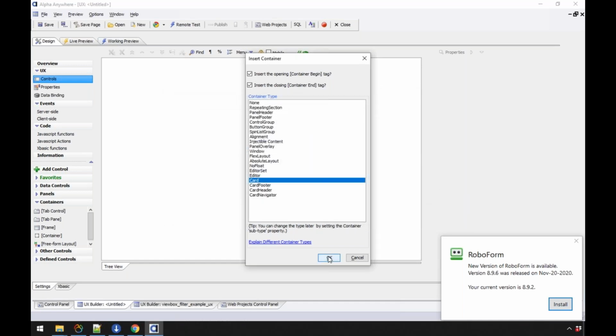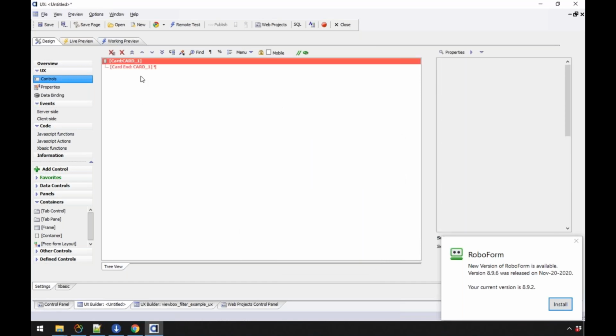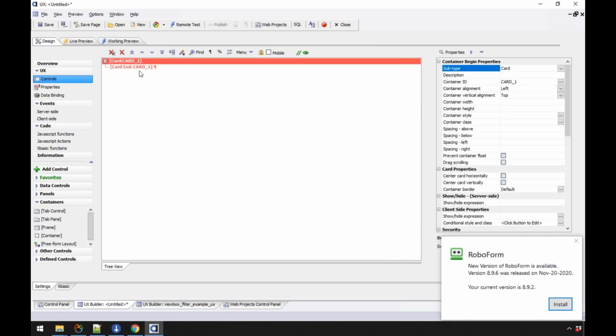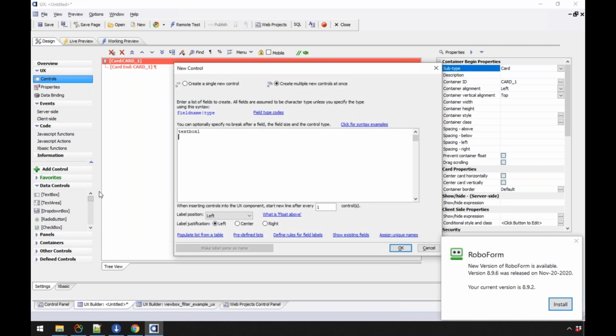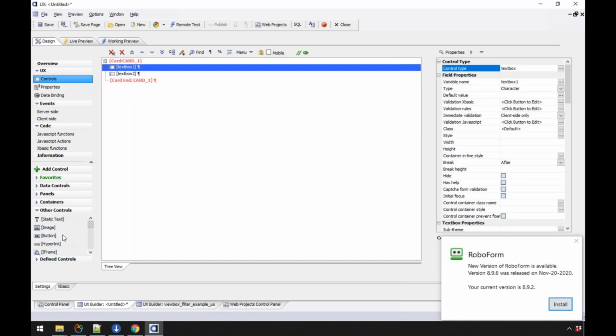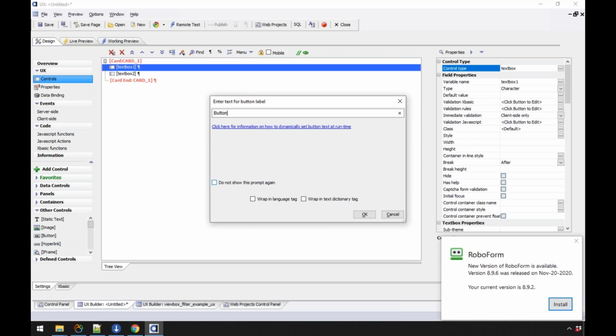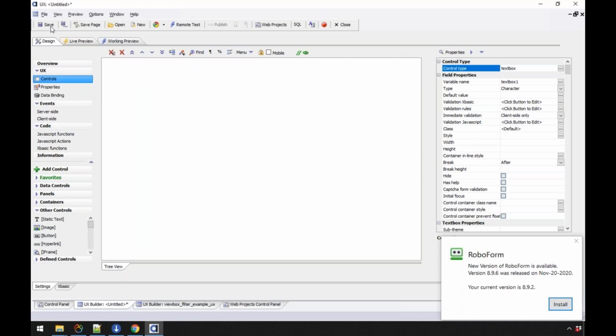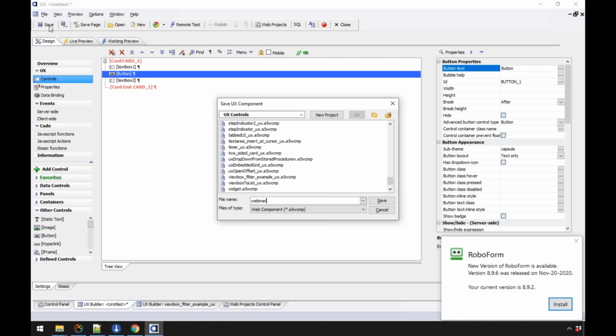I'm going to add a card. So it adds a card to it. It's a container type. It has a new kind of color scheme, so you can easily see it. And now this container is really simple. All I can do in here is go ahead and put in some items here. So I'll go text box 1, text box 2, and let me go ahead and add a button here too. Button, and we put that there. Go ahead and say this. We'll go webinar card demo UX